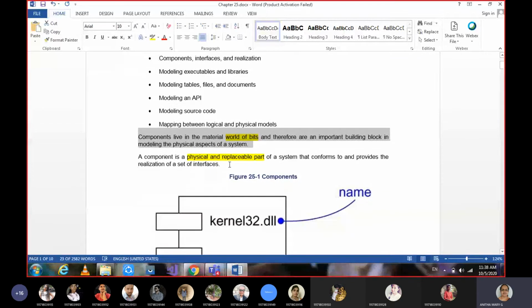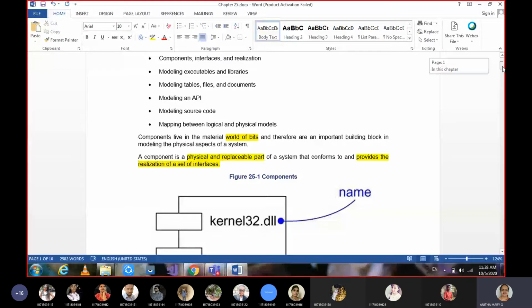And this is the basic definition: a physical replaceable part of the system that conforms to and provides the realization for a set of interfaces. So maybe by now you are very much familiar with this terminology: realization of a set of interfaces. Interfaces will have abstract methods, and those methods can be implemented using components.